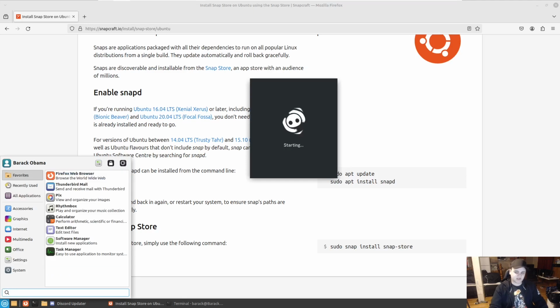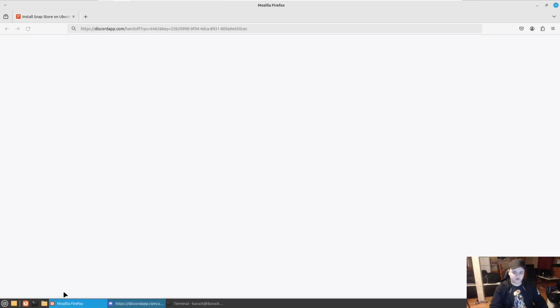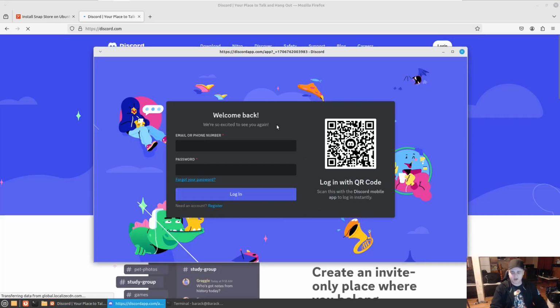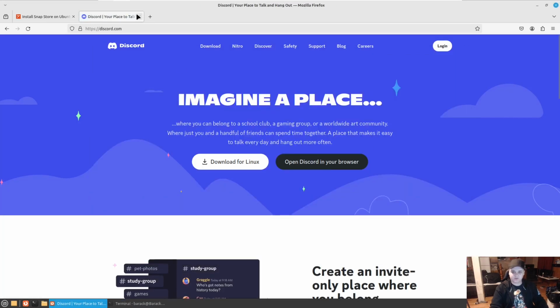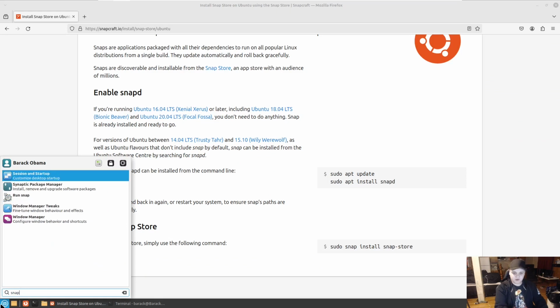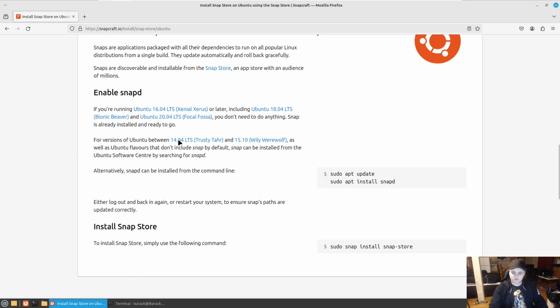In most cases, it won't show up until you restart the computer, but that's going to happen with apt or the Snap Store either way. So now you can see that we have Discord. It works just like how Discord would work on Windows, but there's another way to do this. So if we go to the Snap Store, if we run Snap,